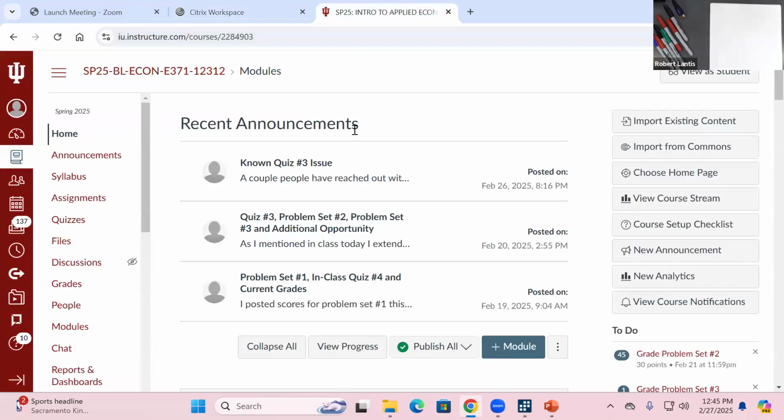I got a couple emails that people were having trouble accessing quiz 3 last night. I'm not really sure why, because people still accessed it after the fact. I'm not sure if it was just how it was showing up. I think it was a little bit different than the other quizzes. For some reason, it defaulted the grade to 0. I might have accidentally clicked on something when I was hitting submit, and I didn't realize it. So if there's any confusion in that,